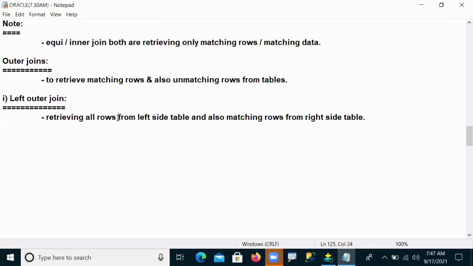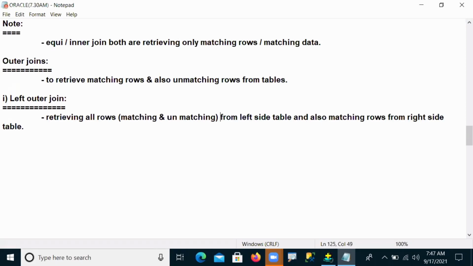What is meant by all rows? All rows means matching rows and unmatching rows, both I am going to get. So all rows we get from the left side table and also matching rows from the right side.